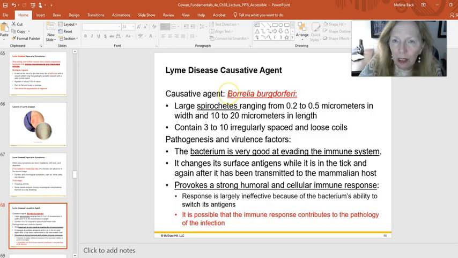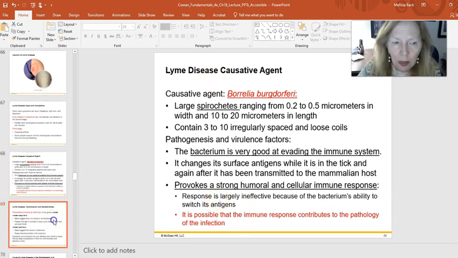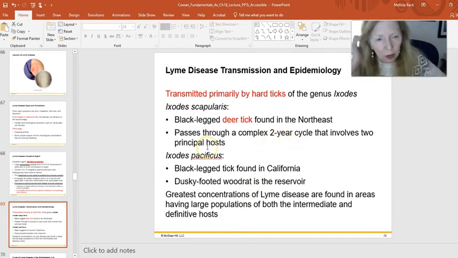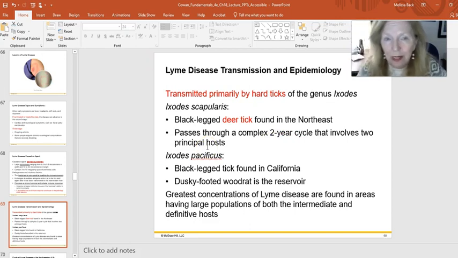Again, the bacterium is Borrelia burgdorferi. It's really good at evading the immune response, but the good news about diagnosis is that serological testing can be done. So you look for somebody who has IgM antibodies, really important. The IgM class of antibodies are the first response antibodies. Seeing those going up is your sign that that person has Lyme disease and needs to be treated immediately. You can also look for IgG if you think that you have missed the first beginnings of this, and that can also be used for treatment.